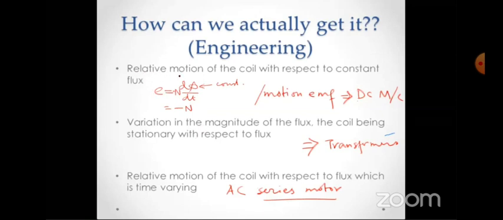Okay, so the way it is written, how can I get the voltage? That means I have to create a relative motion between this coil and the flux. So we have to create some relative motion. Either my coil will be fixed and I have to move the flux, or the flux will be fixed and I have to move the coil, or both can be moving, but there should be some relative motion between the coil and flux. But mathematically, how can I prove that I am getting some finite induced voltage?